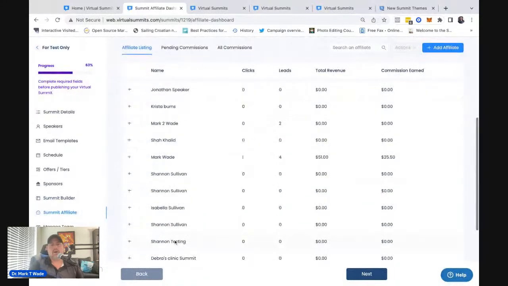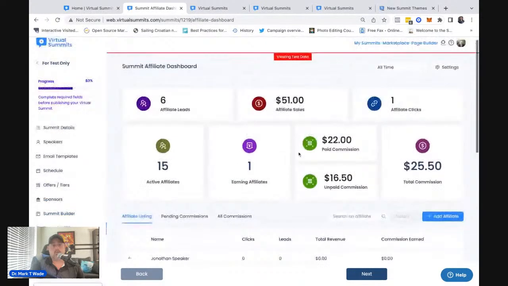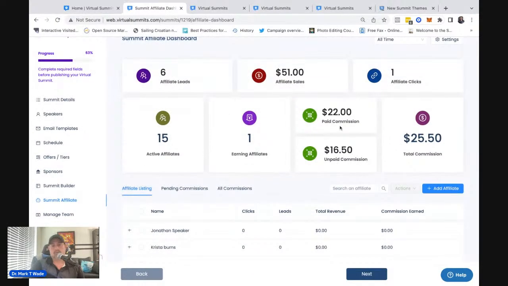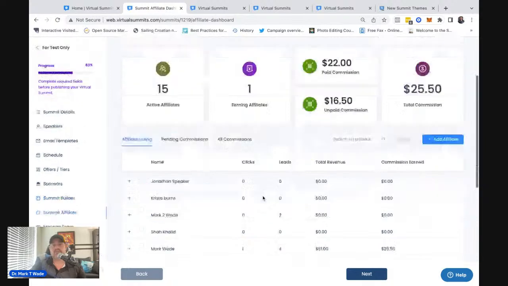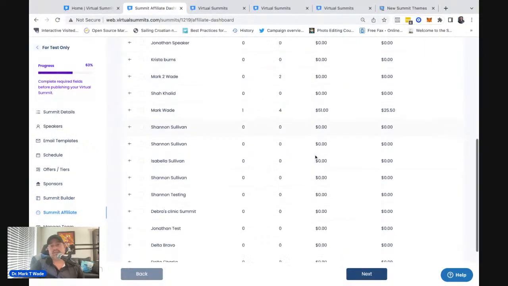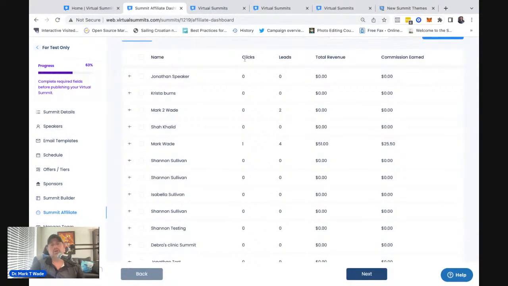So we add them, they automatically create their own affiliate account. You have them in here. You have a quick overview. Here's your analytics. How many affiliates? What's the sales? I'm in test mode right now, so you're going to have different databases in test mode and live mode. We're going to see the paid commissions, total commissions, et cetera. They're all laid out here. So I can get a quick overview of this, but I can also do a little